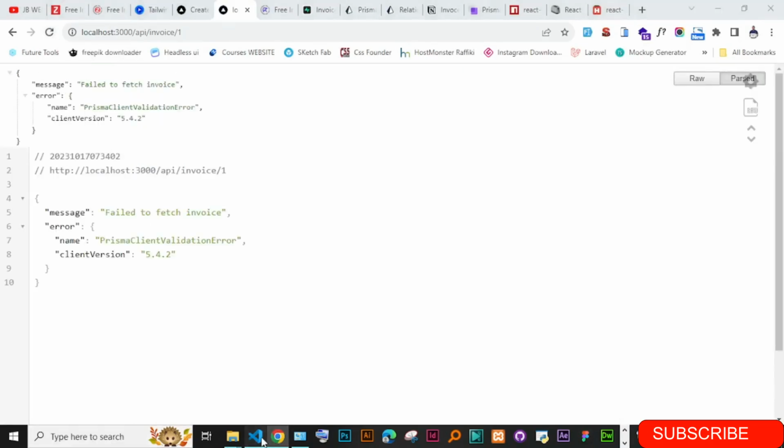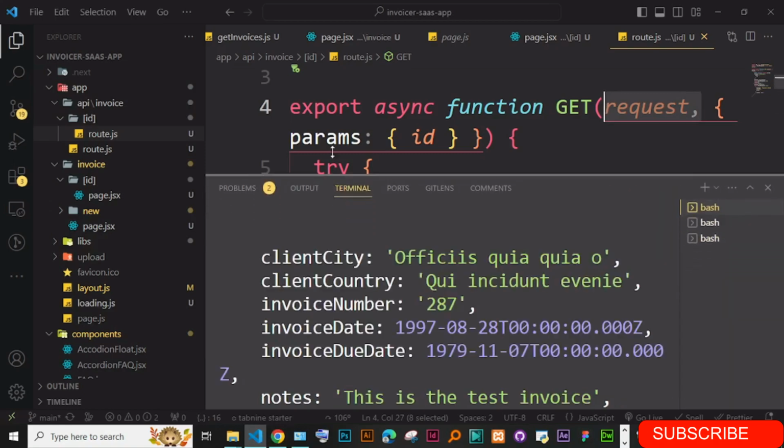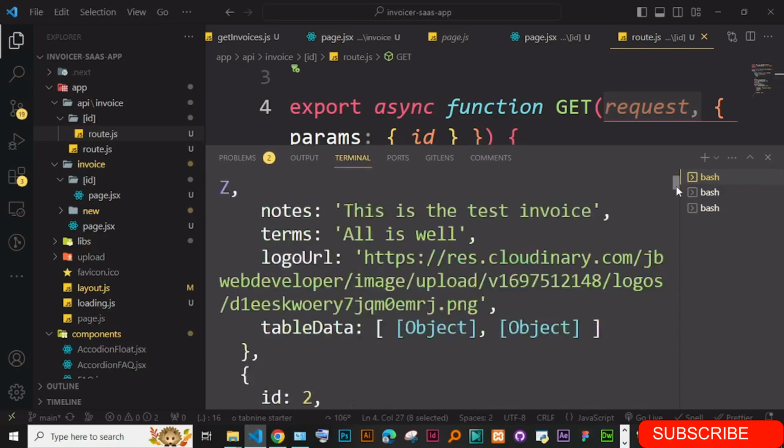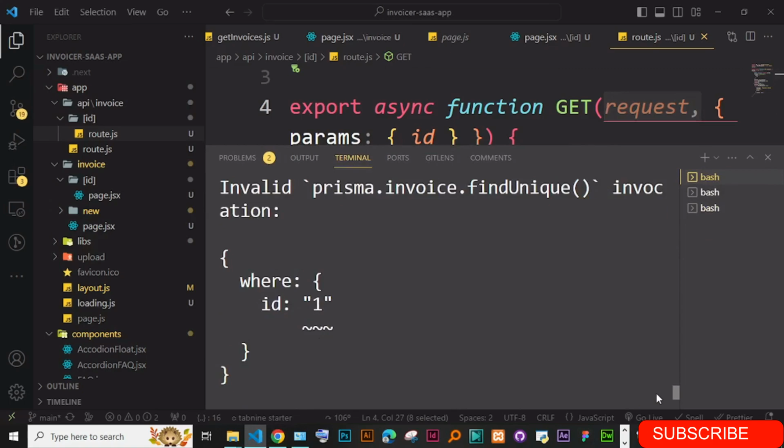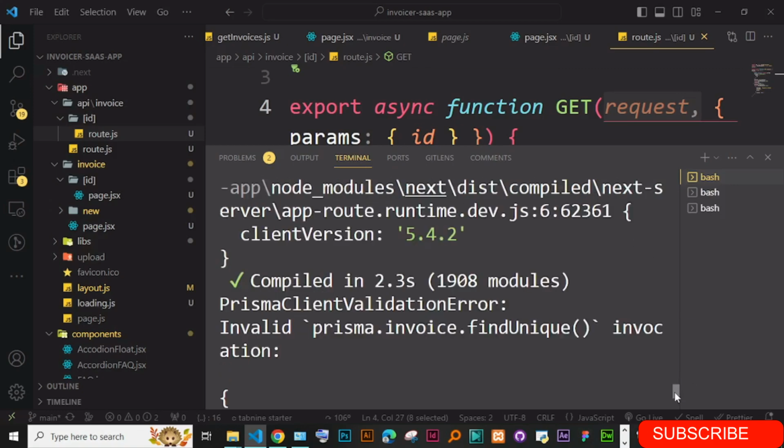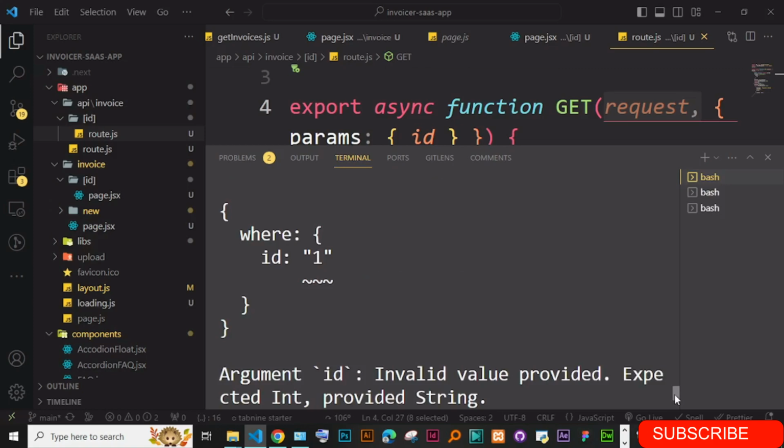Not getting. Let me just go to the console, see the problem. So scroll down. ID, where ID is this? So they are getting the invocation. I think the ID needs to be an integer, is getting a string